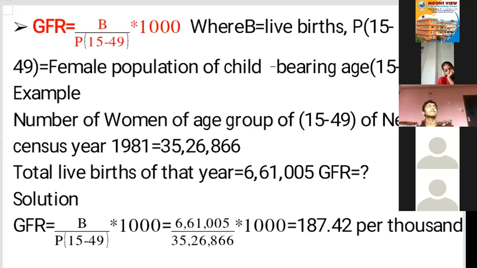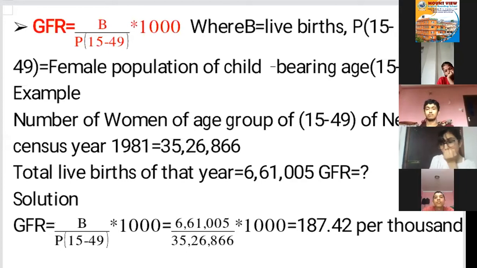Number of women of age group 15 to 49. You can see the formula also, B by P 15 to 49. So it mentions the age group 15 to 49 of Nepal by census year 1981, 35 lakh 26,866. Now the total birth of that year, the same year 1981, is 6 lakh